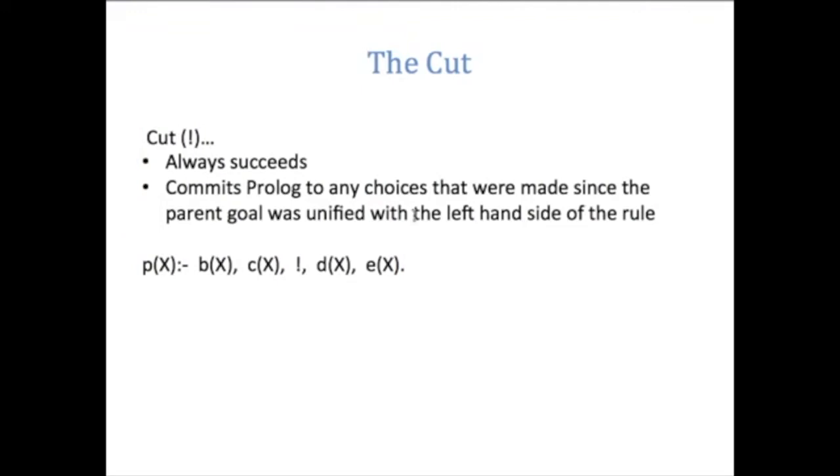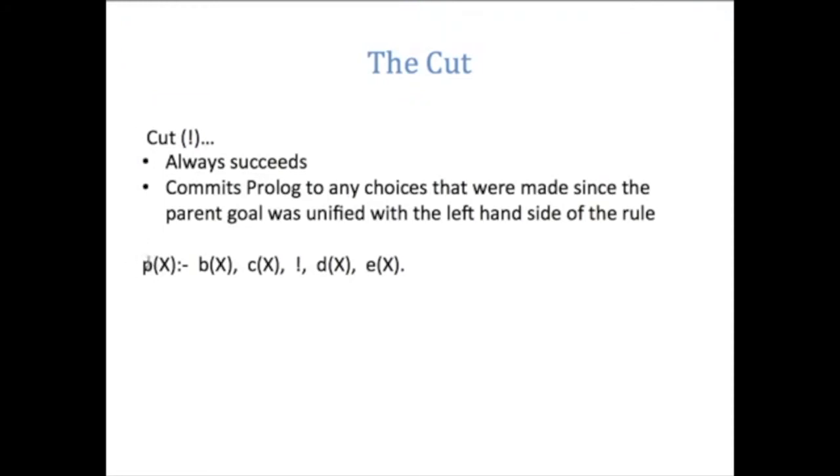backtrack, and it might, earlier on in the program, come up with a new way of calling p of x with a different value. And that's fine. But let's say that b of x succeeds, c of x succeeds, the cut always succeeds, and now d of x fails. Well, what's going to happen is that